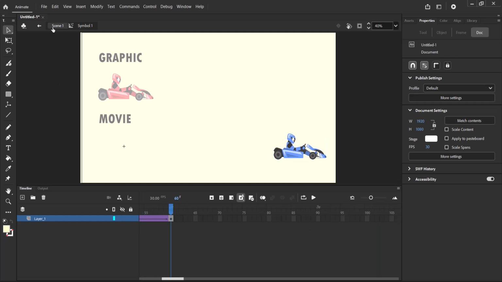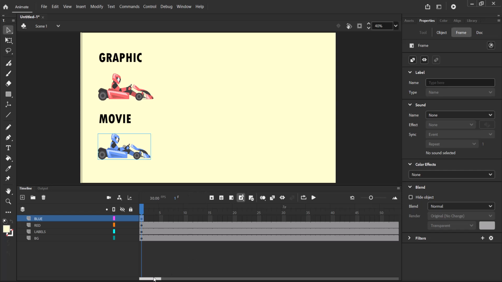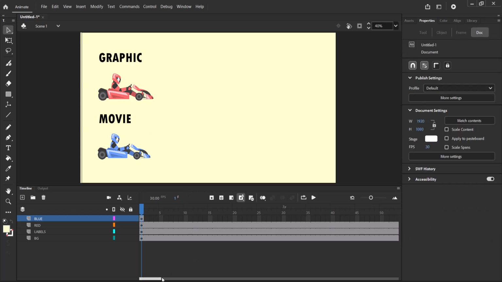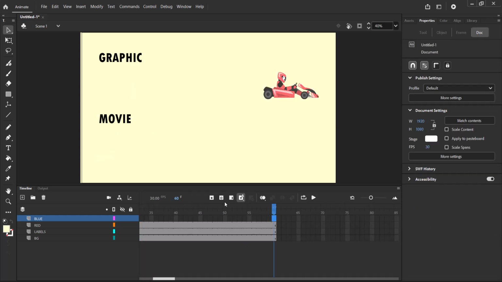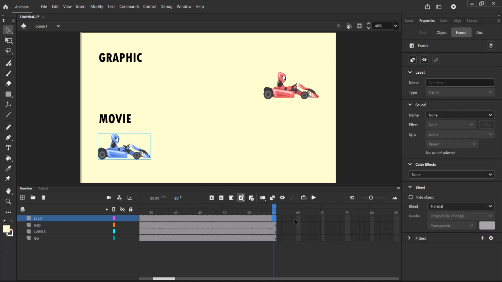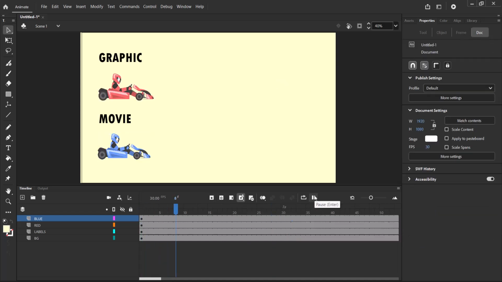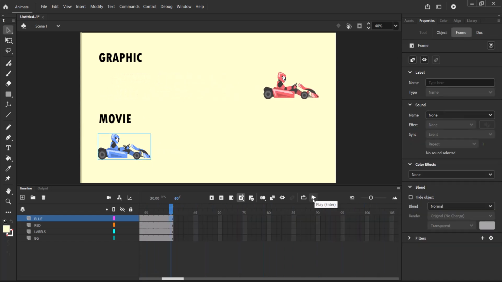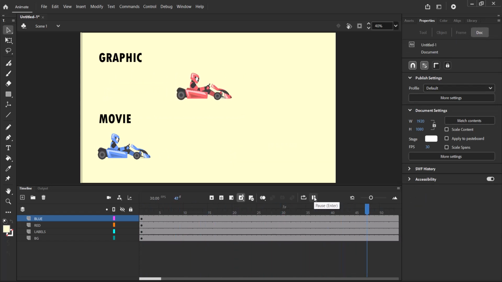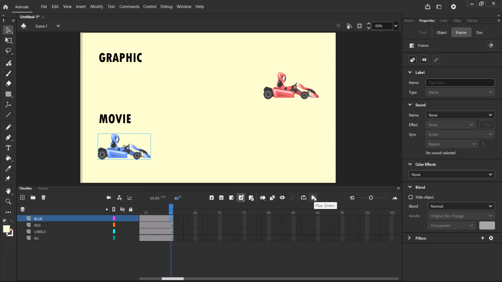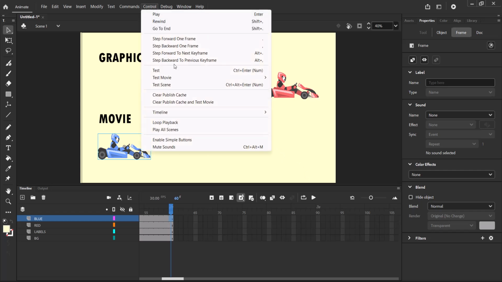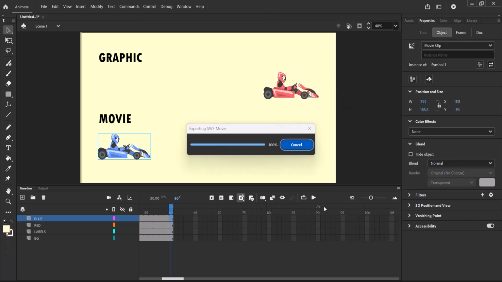And let's head back to our main project, scene 1, and add a frame to that layer as well, just a frame. Now let's play back. When we play back, we realize that only the graphic is able to play back in the preview. And that is the difference between a graphic and a movie clip. Now when we hit Control Enter, or we go to Control and test in Animate,